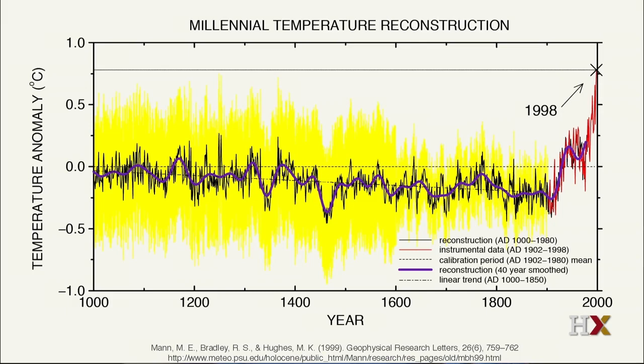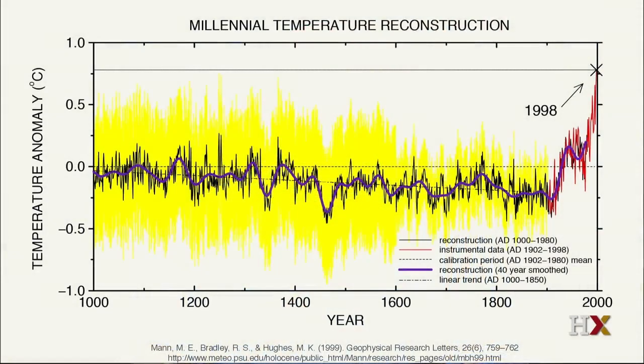As you would expect, the errors get pretty large as you go back over the last 1,000 years. In red is the instrumental temperature record showing the most recent rise in global temperature. This curve is often called the hockey stick because it looks a little bit like a hockey stick, with the blade being the more recent rise in the instrumental record. It shows a general cooling trend over the last 1,000 years with some fluctuations, but nothing that looks like the most recent rise in global temperature over the last 150 years.